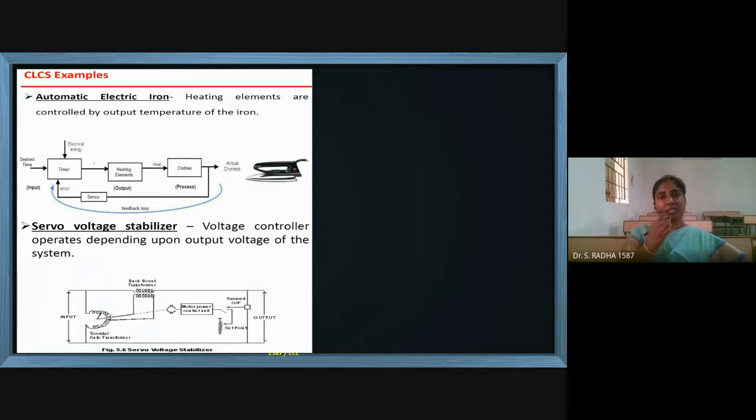Voltage stabilizer, you can see we use voltage stabilizers particularly for refrigerators. Why? When there are fluctuations in the EB supply, the required amount of voltage should be supplied to the refrigerator, and hence this voltage stabilizer is used, where the Zener diode will play the major role. Whatever the input supply, 230 or 240 volts, it will adjust and give the input to the refrigerator. This is a closed loop system.